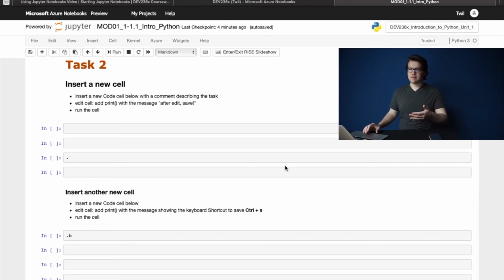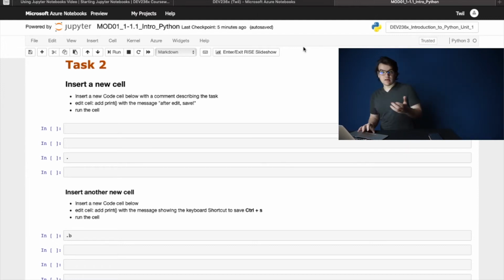That's Ctrl+S. But adding cells, if you decide on studying Python with Microsoft, you will learn this. These are Jupyter Notebook shortcuts. So we just finished with our first course and let's get to the second course.